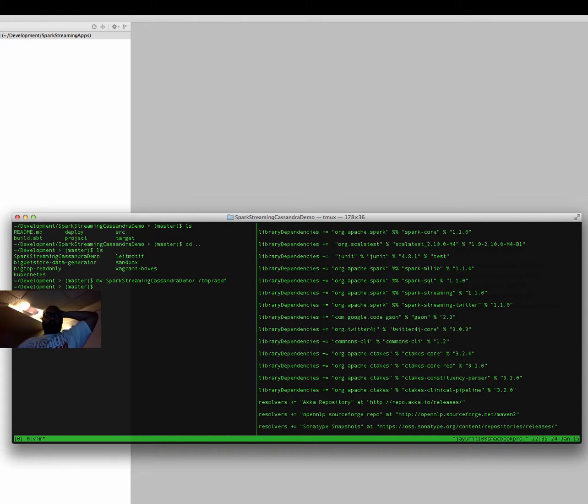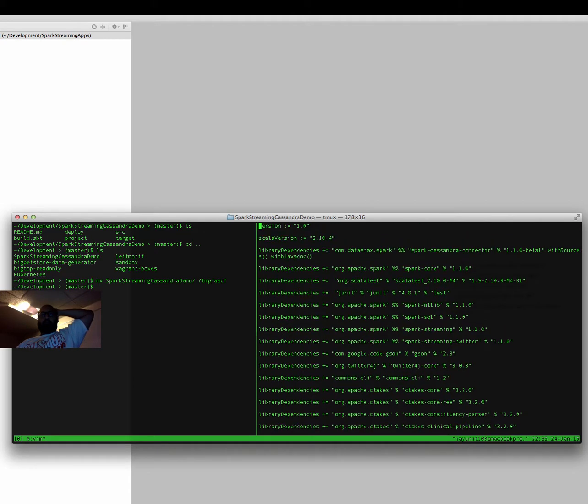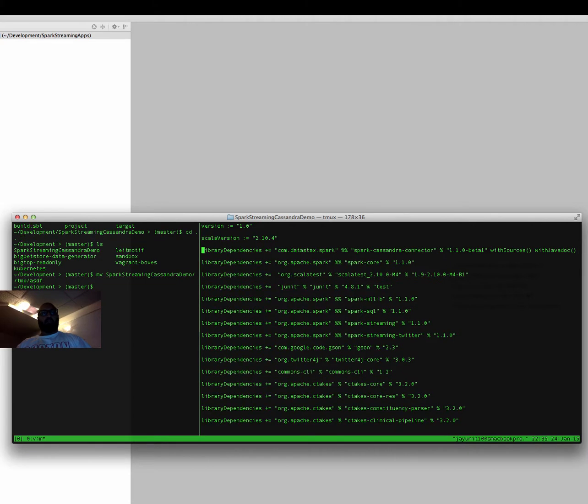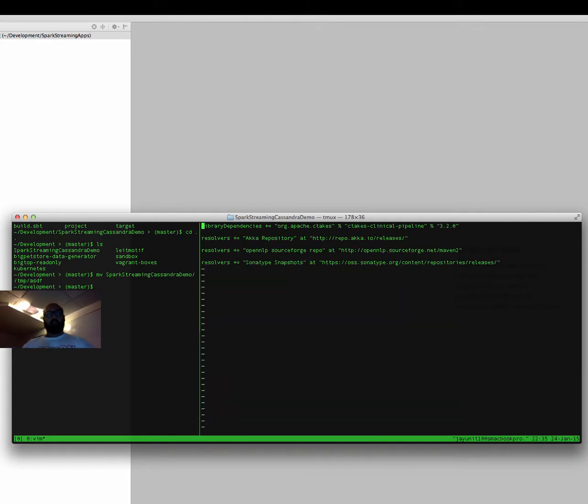One of which is reading data in directly from Twitter and applying cTAKES, which is a medical text NLP library, to it. But we also have the DataStax Spark Cassandra connector, which we are also going to show how you can read tweets in and just dump them into Cassandra,